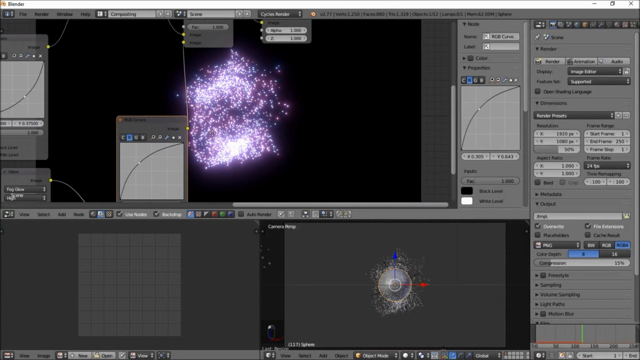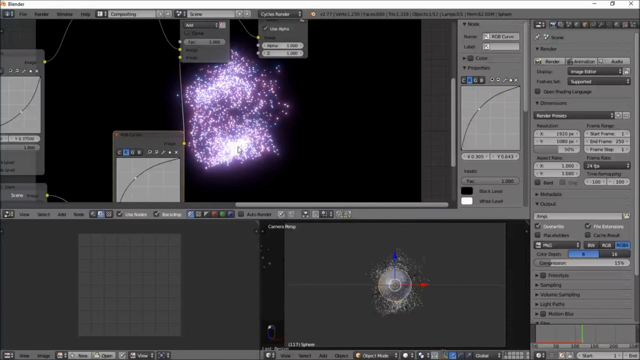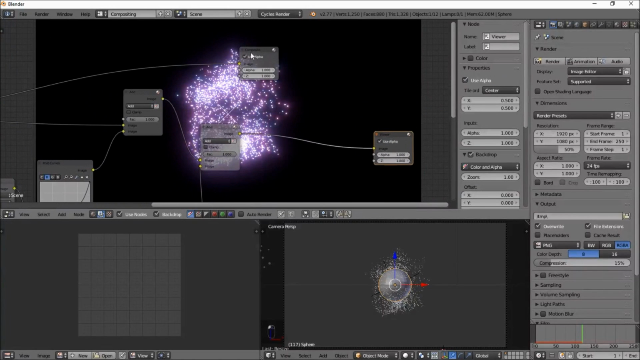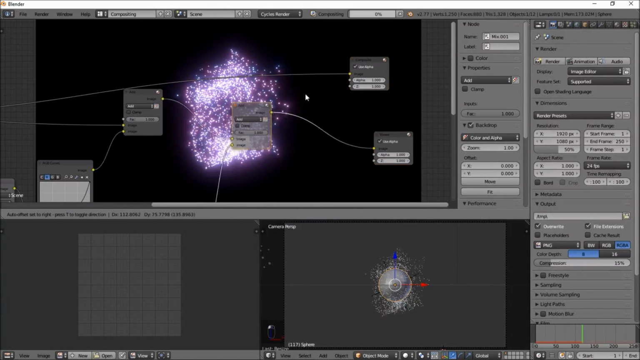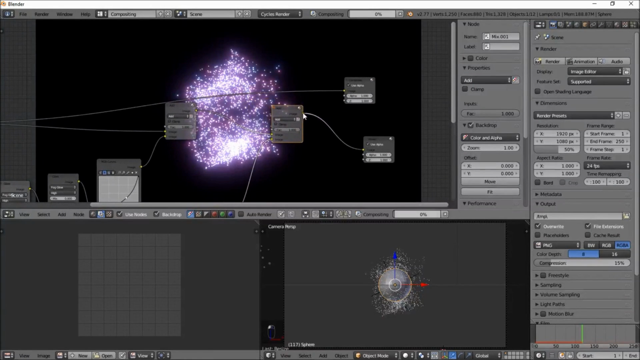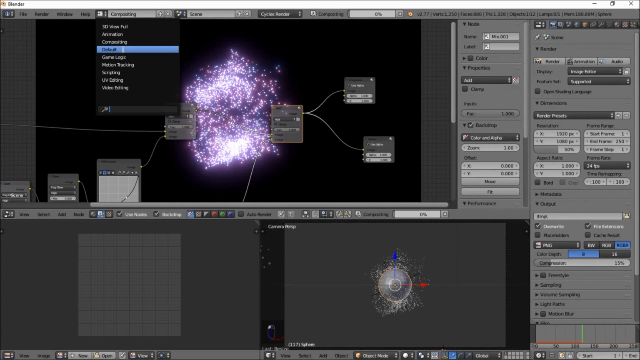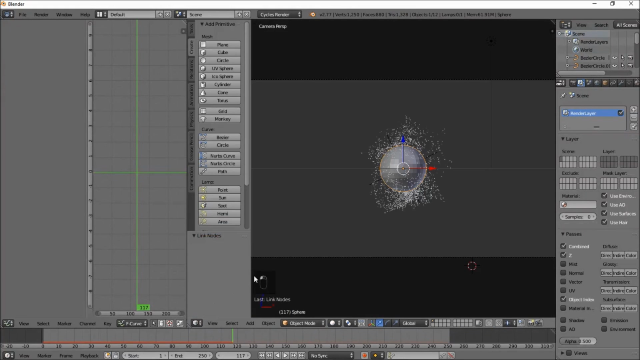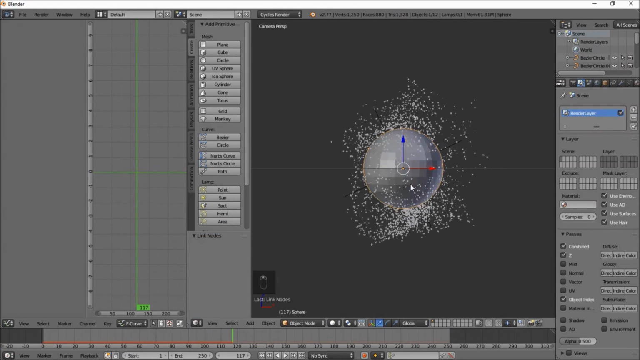Okay, so now you can see some of our particles are bluish and some of them are purplish, and they're looking pretty good. So what we're going to do is make sure the last node in our node setup is hooked up to the composite node. Go back into default view, go back into 3D view, and our particles are looking a little bit big,